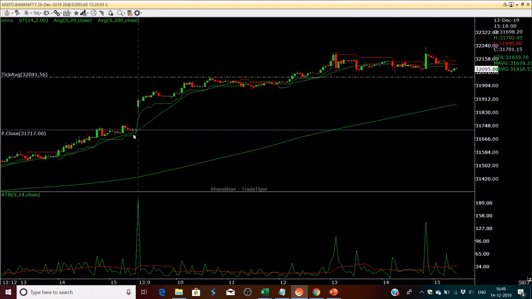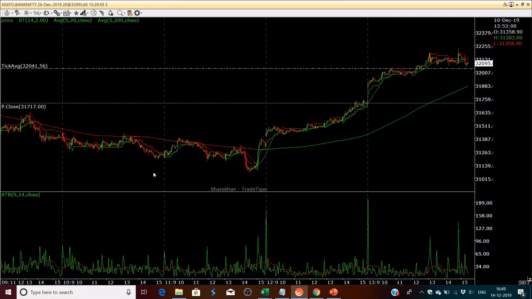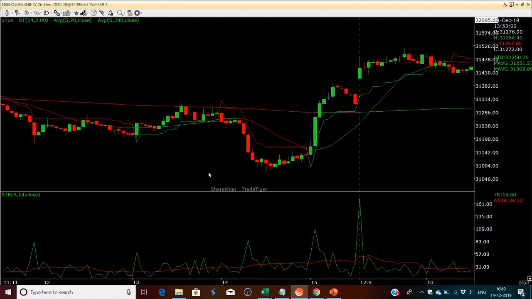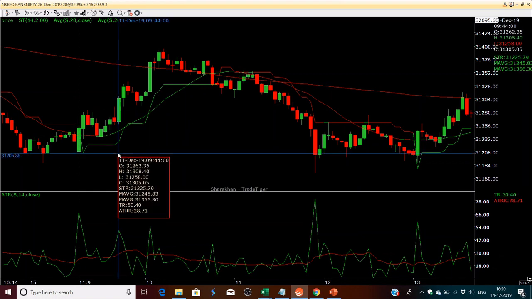Price will not move up in a single direction. There are some exceptional days like this, but usually they take a retracement and then go up. So the retracement days, let's have a look at those days. Let's understand it better. See, these kind of days, prices always go up, go down, go up, like this. They will not fall in a straight line. So if somebody has kept a stop loss on this, the stop loss is hit here